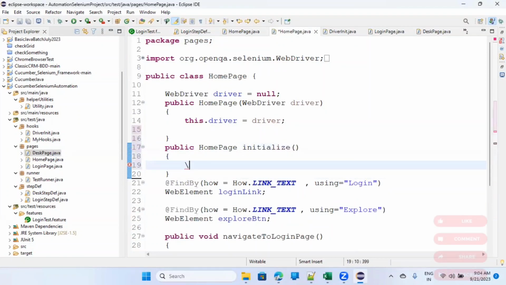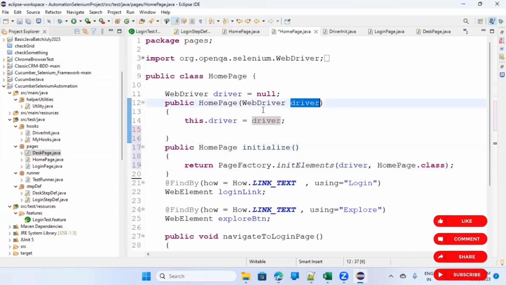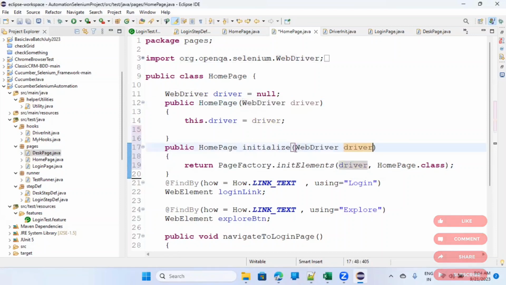And here I'll write that line. I'll say return this, which will actually return home page only, right? So initialize will require driver,